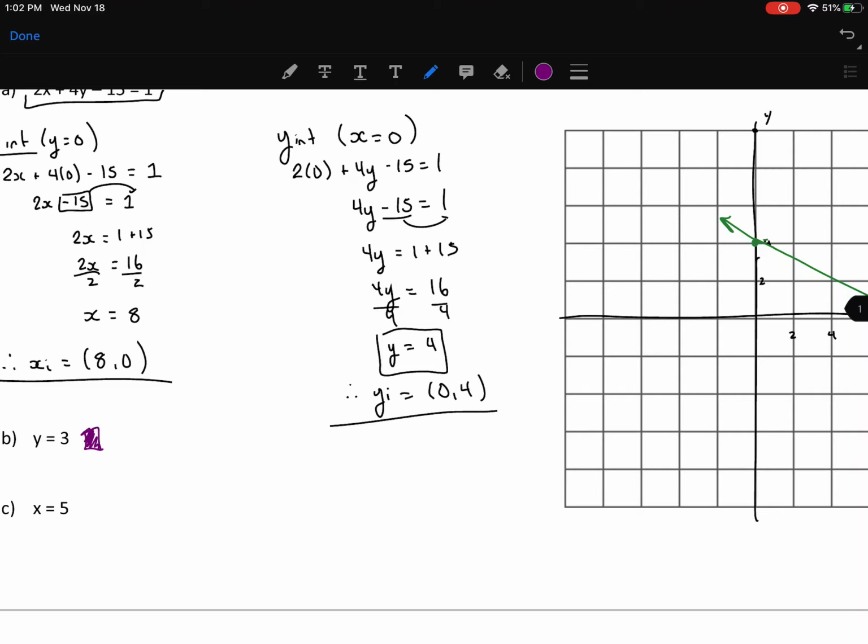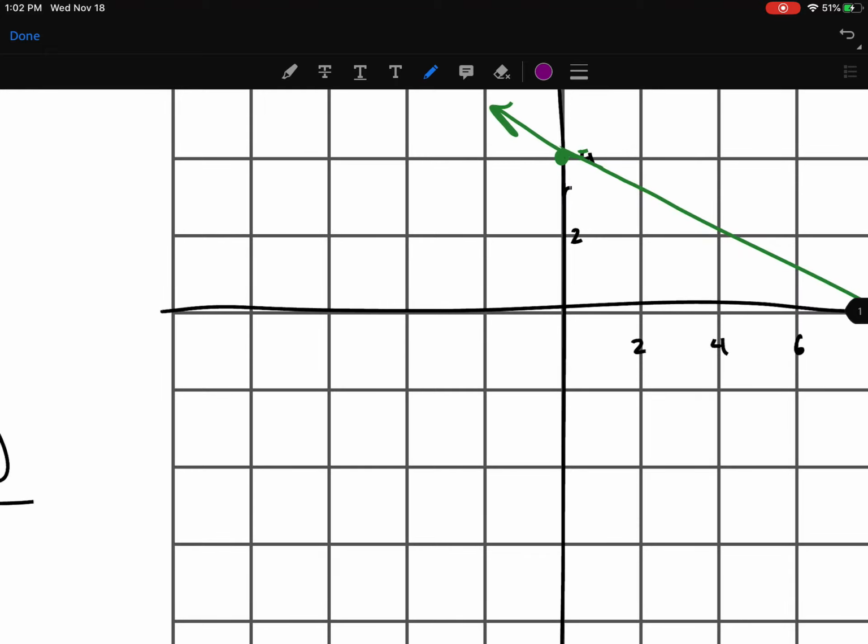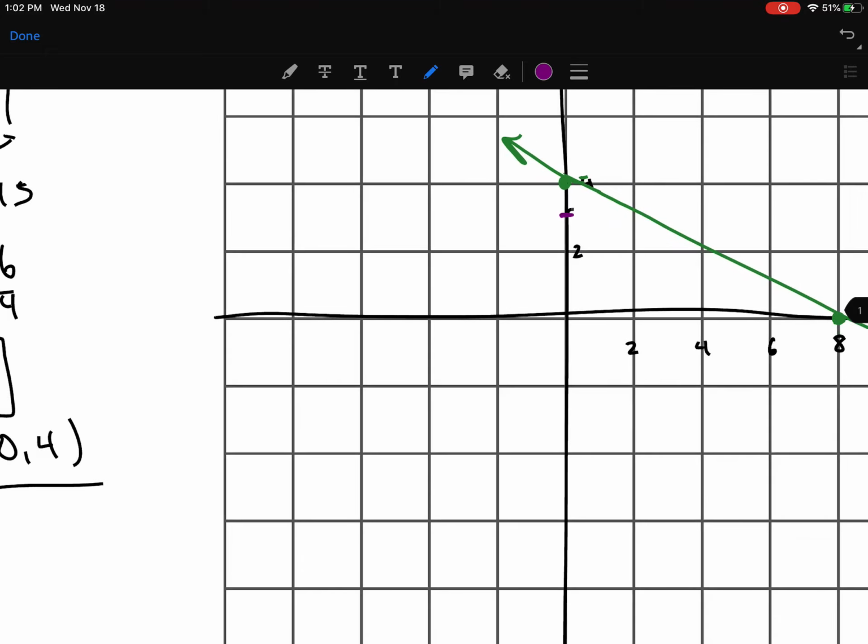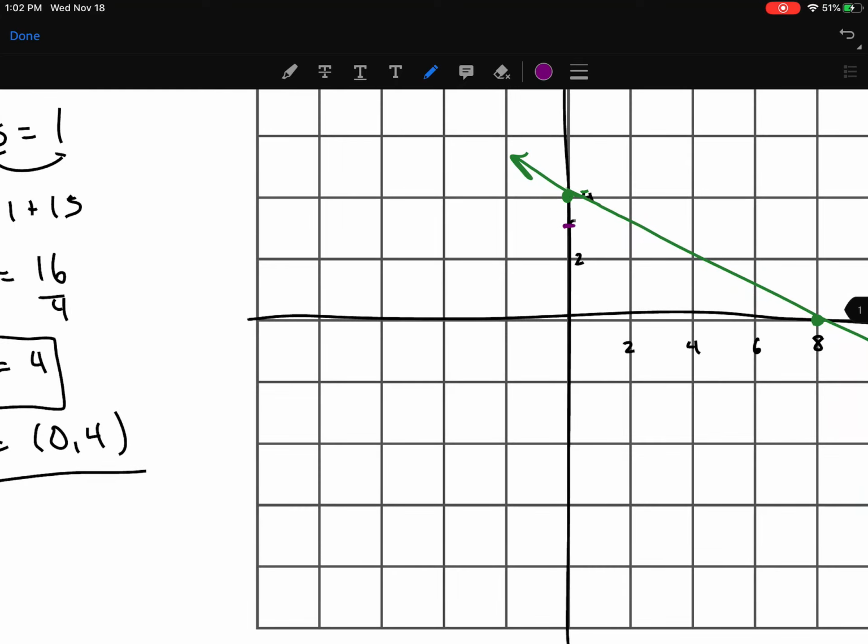And all we're doing is you have to draw a line that no matter what, the y value will always be 3. And how I think about this, and the way I've drawn it, is y being 3 is right here, right in between 2 and 4. Now I have to draw a line where y, no matter where I go, stays 3 the entire time. So this ends up being just a straight horizontal line. Again, remember, no matter where you go on this line,